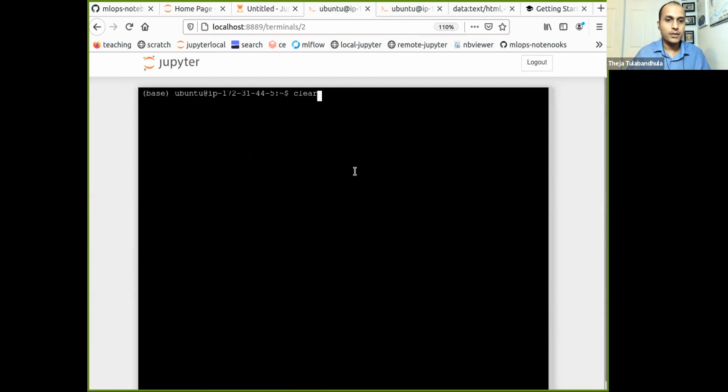Okay, so now let me come back to what we were trying to do. What we want to do is create our repository, so create our image which is related to predictions. In particular, we'll try to create an image which has the prediction model for the recommendation system, right? And then we'll try to push it to one of the AWS registries.